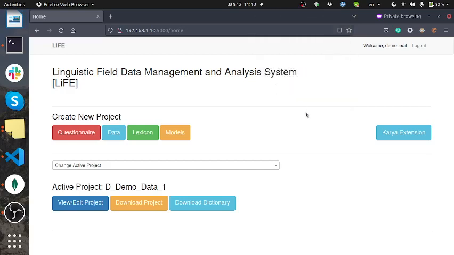Hi everyone. So in this video we are going to talk about how we get an access code for getting the recordings done on the Karya app for a specific task. Right. So as you could see, I'm logged in